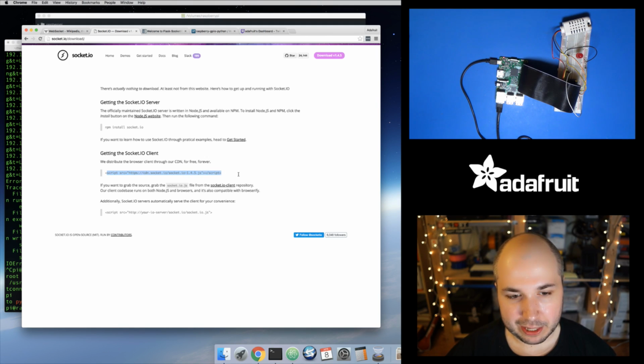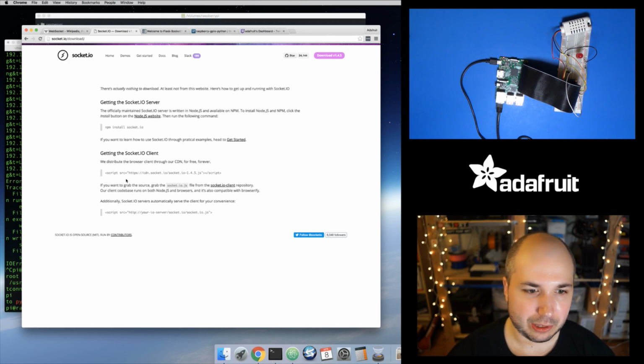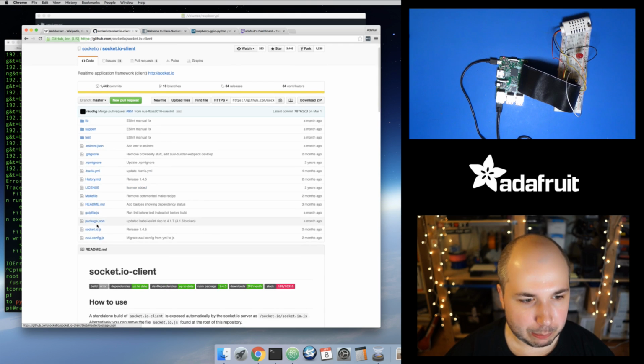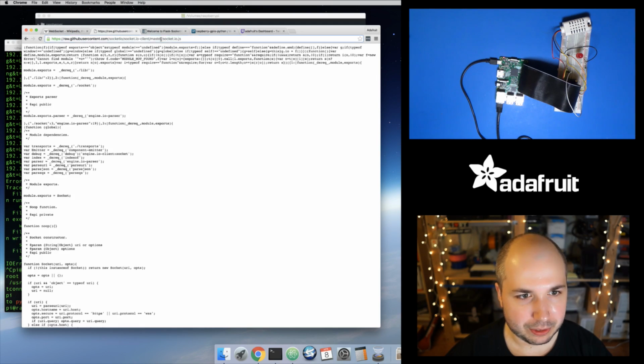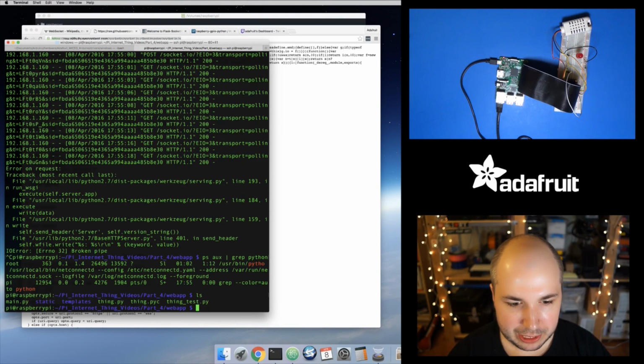Now they mentioned they actually have a CDN you can use, which is probably the right way to do it. But because I want this to be a standalone device, I want to actually include this file on my Pi so that if I don't have an internet connection, I can still get the data and view the web page. So to get it, it says you go to the repository and pull down the latest version of the socket.io.js. So I will grab a link to this, and then we will put it on the Pi. I'm just going to go to the raw link, I'll copy it,